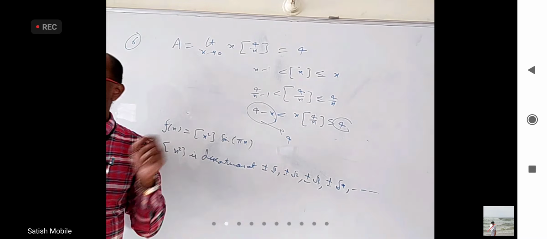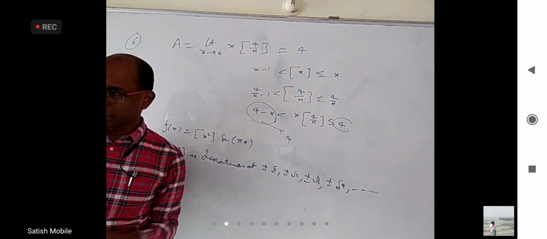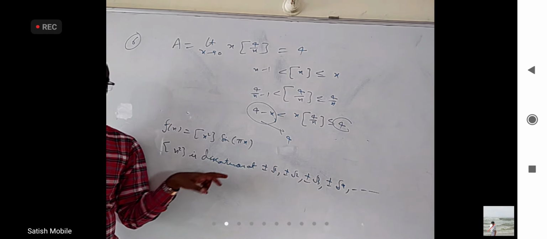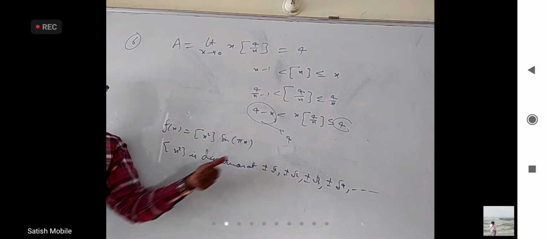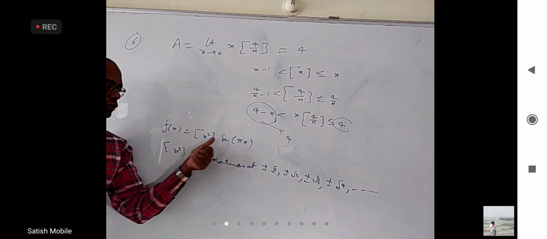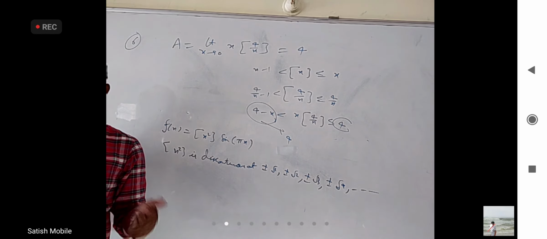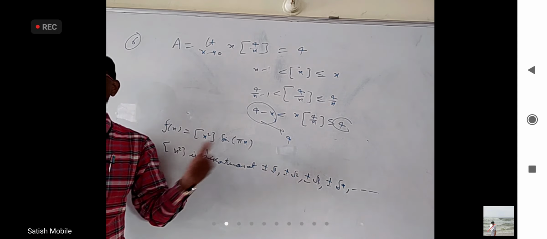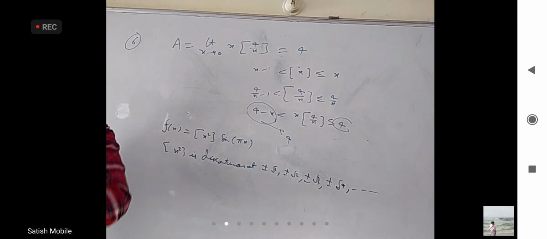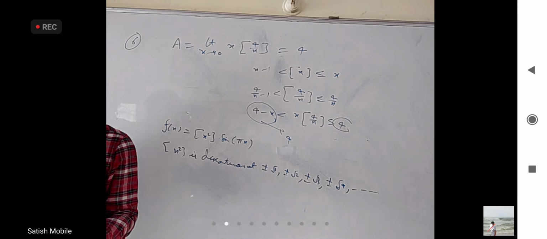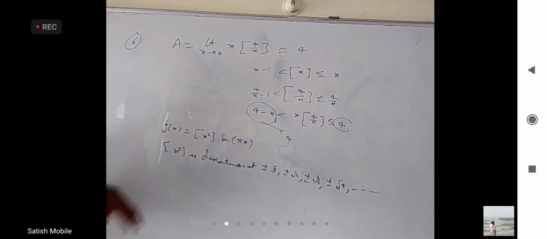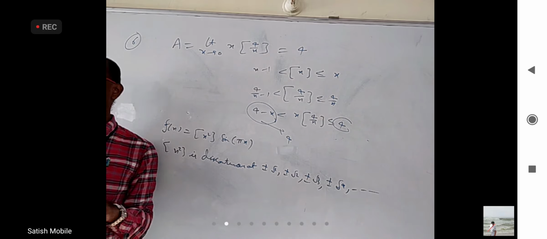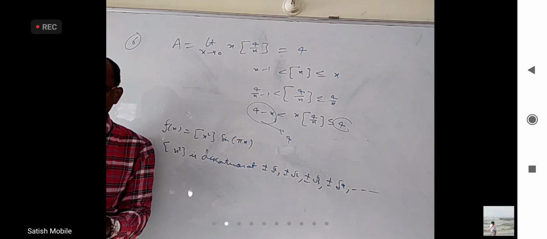What I gave as example is 5, but let's take the example of root 3. At root 3 it is not 0, right? So just after root 3, what is the value of this function? 3 into sine pi root 3, which is not 0. Just before root 3, this value will be 2, because it is less than 3, it will be 2 sine pi root 3. So right limit is 3 sine pi root 3, left limit is 2 sine pi root 3, they are not equal. So this is discontinuous at any point that is not an integer.